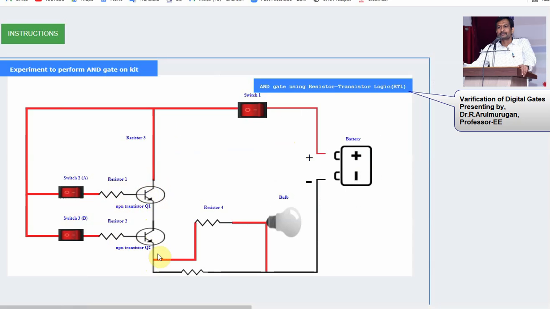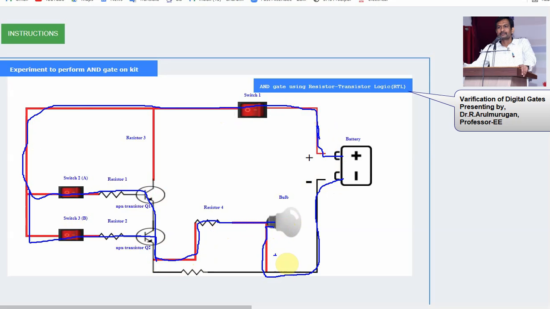This output terminal is connected at one end to the bulb. Then the other end of the bulb is connected to the negative terminal. So I will connect it. This is the method. The positive terminal, see that one, and the negative terminal, one end is connected to the negative fixed one. The positive terminal is through the switch, switch number 1 and switch number 2. Through these two, I will connect it and minimize the current.